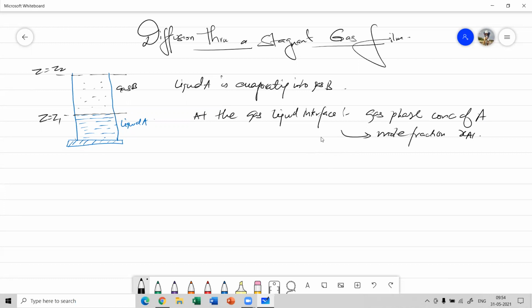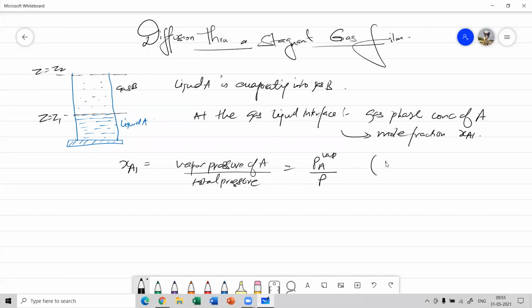That means at the interface an equilibrium is maintained between the liquid and the gas phase. So XA1, the mole fraction, is basically the vapor pressure of A divided by the total pressure, PA vapor over P,